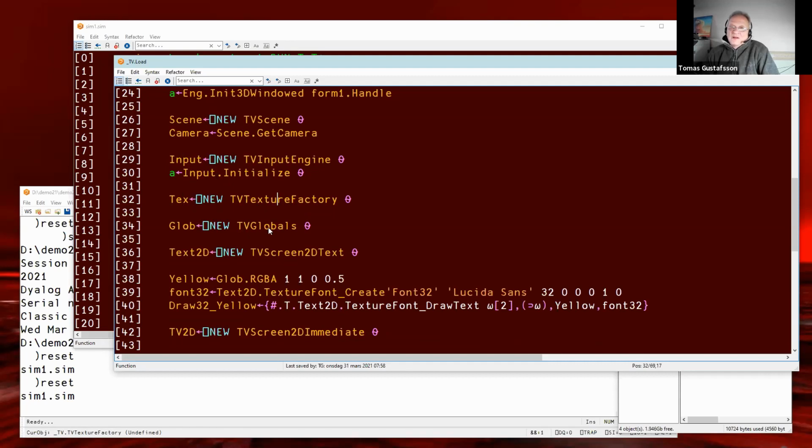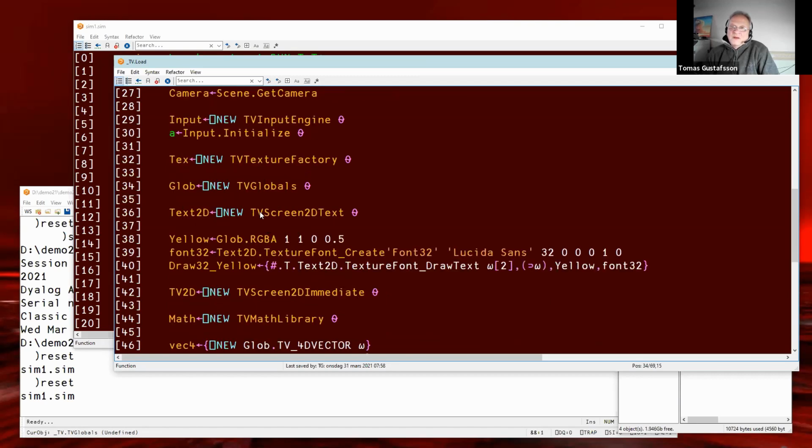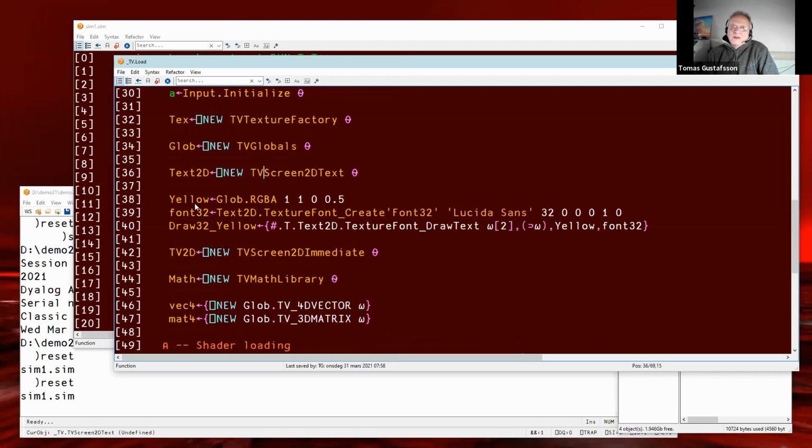The global namespace contains important things. Write text onto a screen, create this one. Then a couple of additional functions related to the yellow is created using these globals, and there is an RGBA namespaces function inside that.